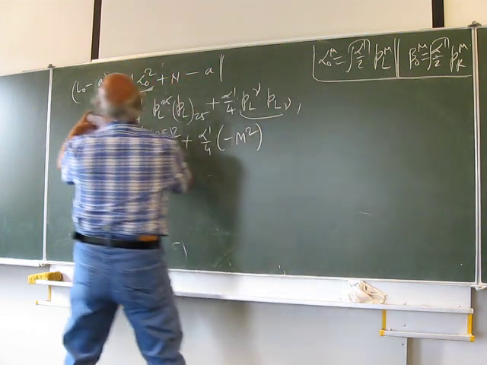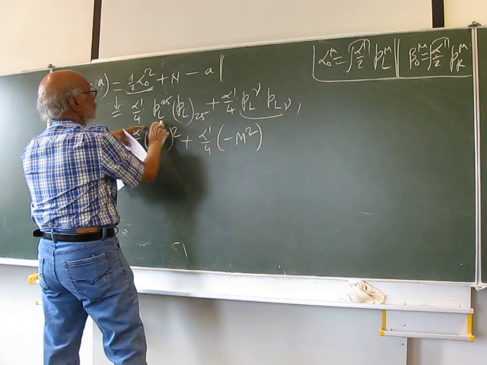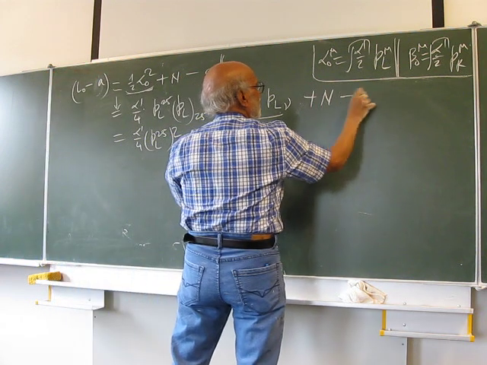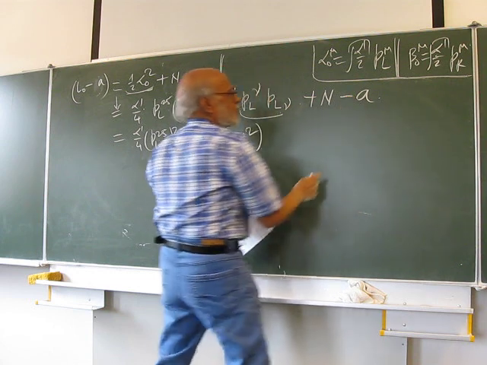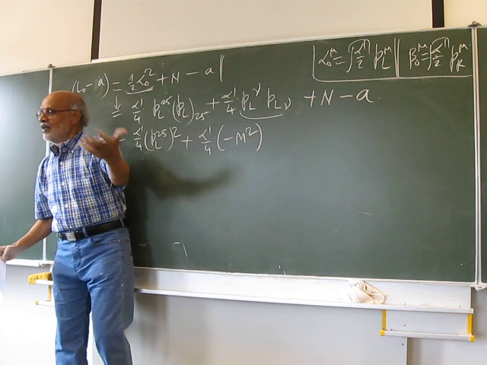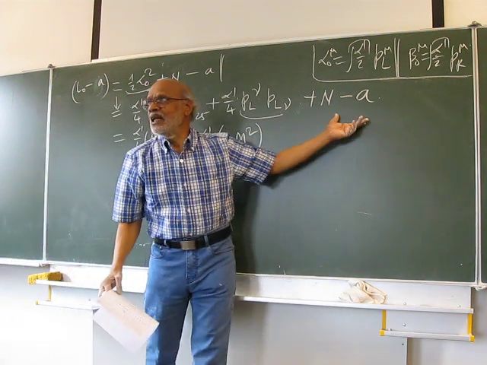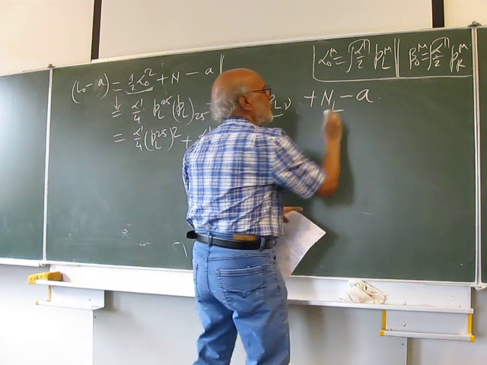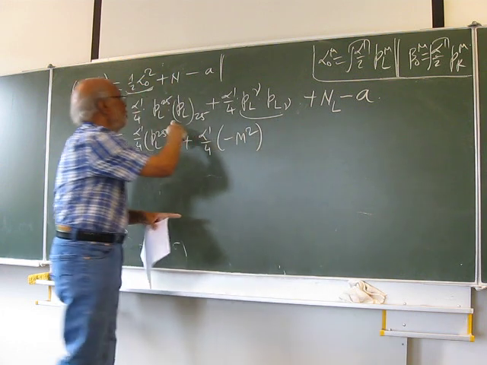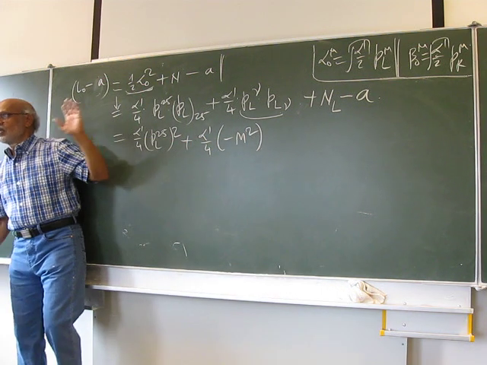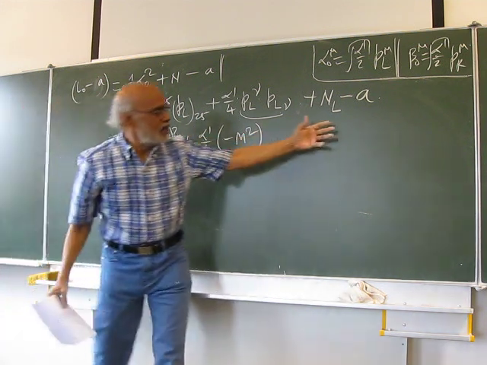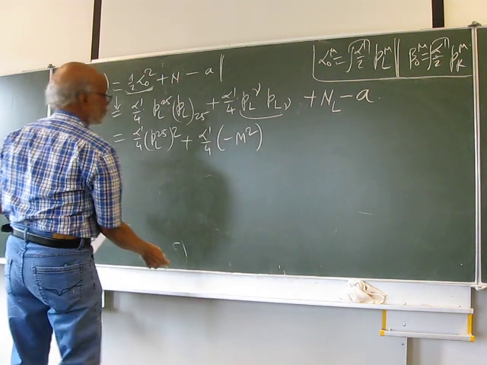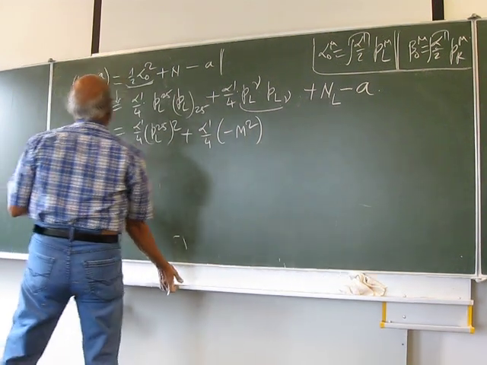What was this? This was L0 minus A. So this was only this plus n minus A. If it is an open string, then only n minus a. If it's a closed string, then you would have nL when you have pL, corresponding to alpha 0, you would have nL minus a. Okay, and analogously you can write